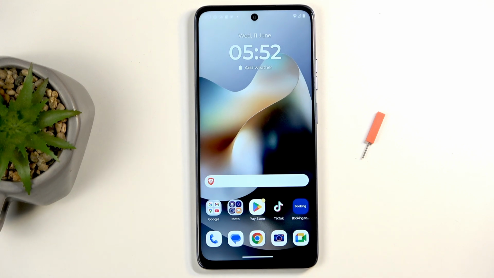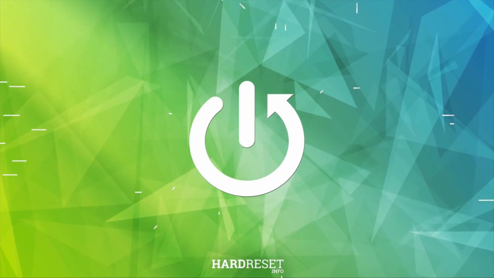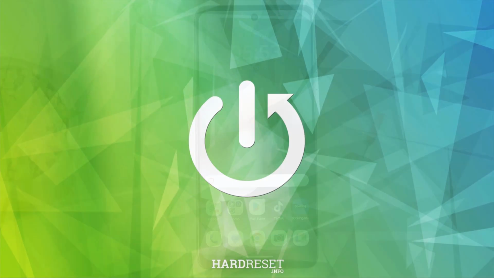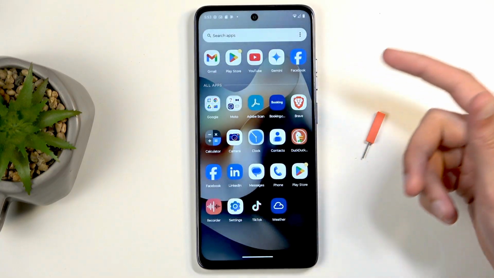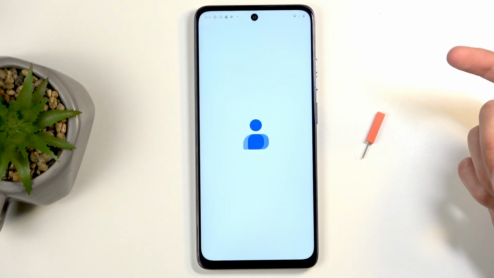Welcome, in front of me is a MOTOROLA Moto G56, and today I will show you how you can import contacts from your SIM card to the device. So to get started, you will want to open up the standalone contacts application like this one right over here,